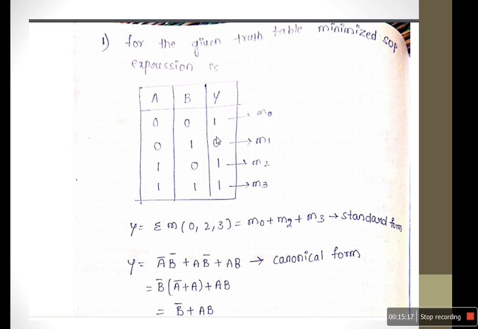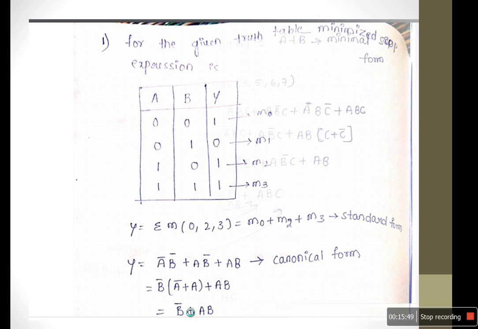So whenever they are giving the truth table in SOP form, wherever we are having the 1, just you have to consider that 1 value only. So here I am having 1 when A equal to 0, B equal to 0, that is written as A bar B bar, and again I am having 1 at M2, that is A equal to 1 and B equal to 0, that is A B bar. M3 equal to 1, that is A equal to 1, B equal to 1, that is AB. So I am adding all those products, and finally I am reducing the expression by using the above theorems.